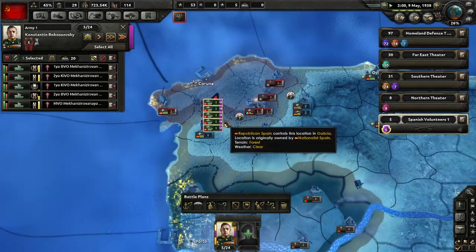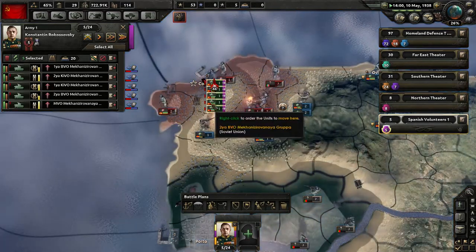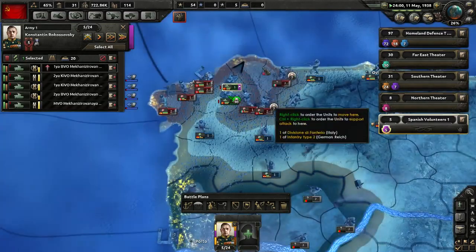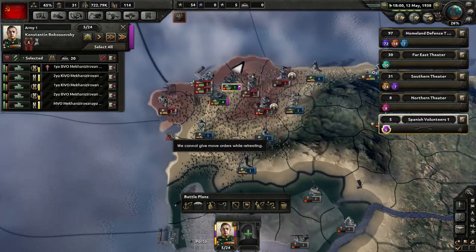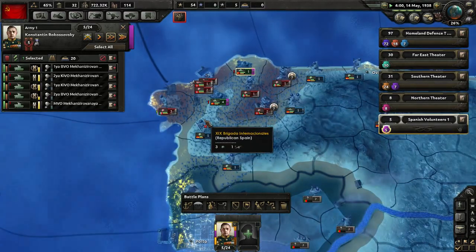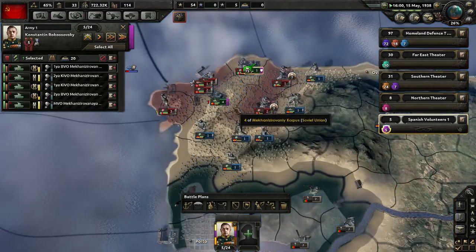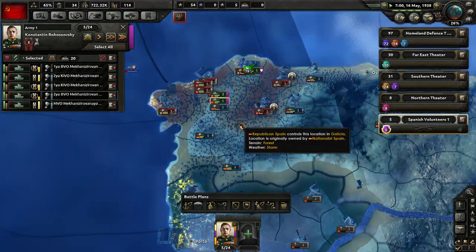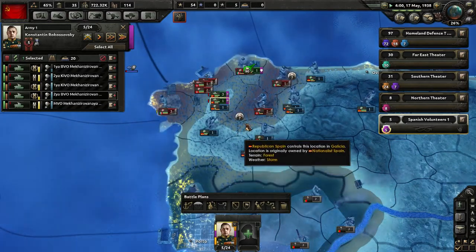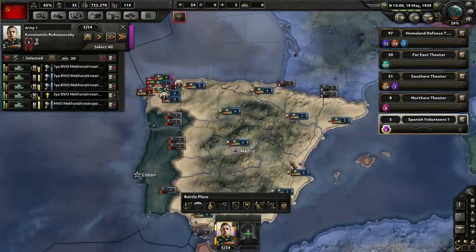Okay, and thanks to my fast-moving tanks... Oh, they still have the Germans in that. Darn it. See if I can cut these off. Try to whittle them down slowly. Okay, looks like